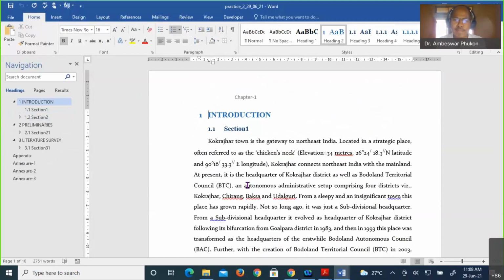Keep in mind that whenever you break a page, there will be continuation of the header and footer. Whenever you break a section, in that case,